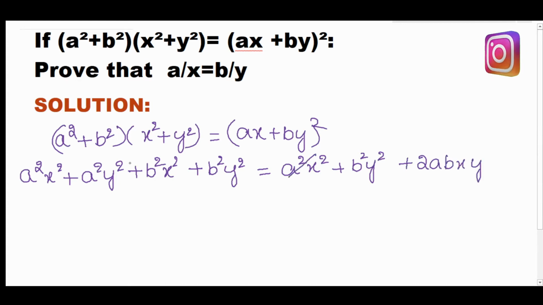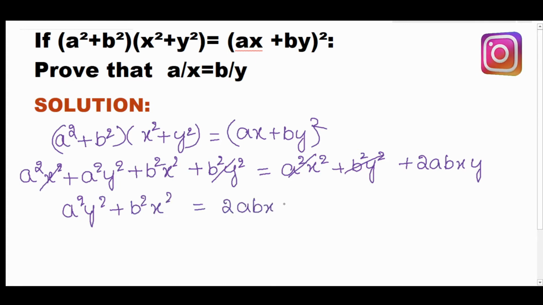You can see a square x square gets cancelled with this term and b square y square gets cancelled with this. Now let's write what's remaining, a square y square plus b square x square, which is equal to